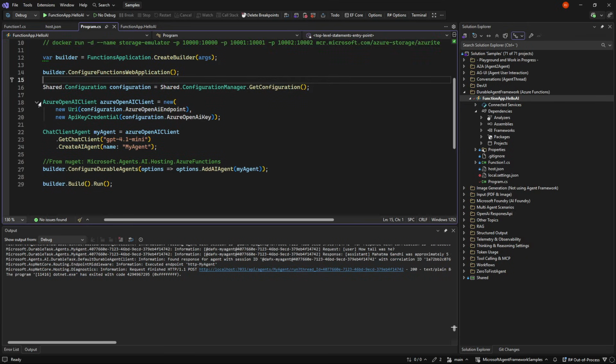Because the new thing is just make an agent, make this simple call, and it's ready to go. You don't need to make your own request response or anything. That is taken care of for you.